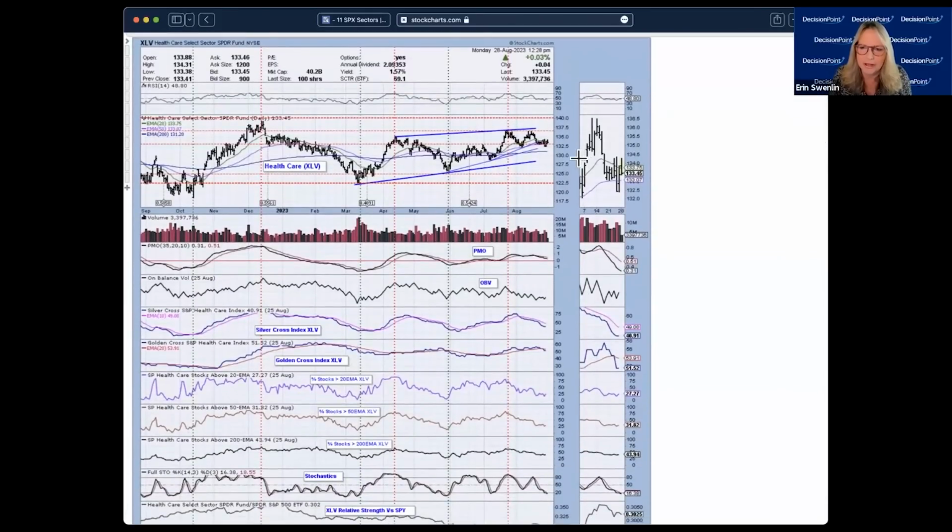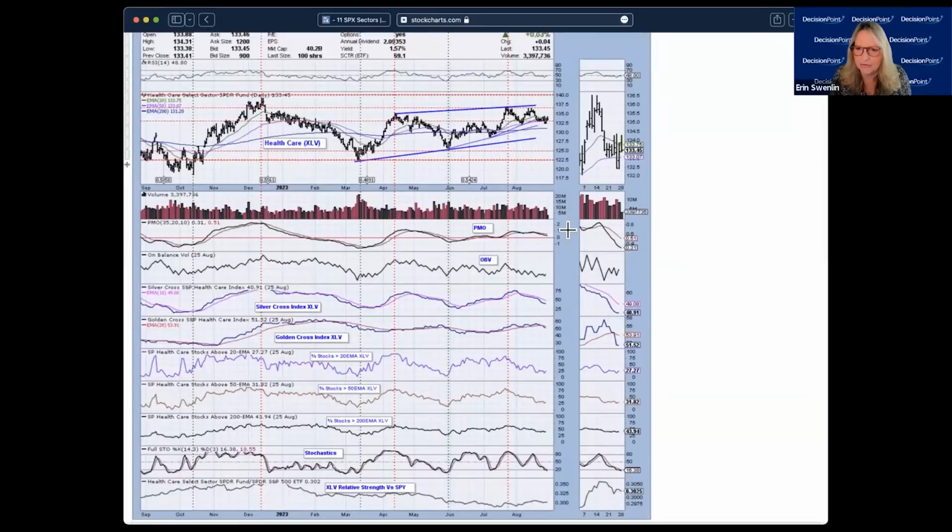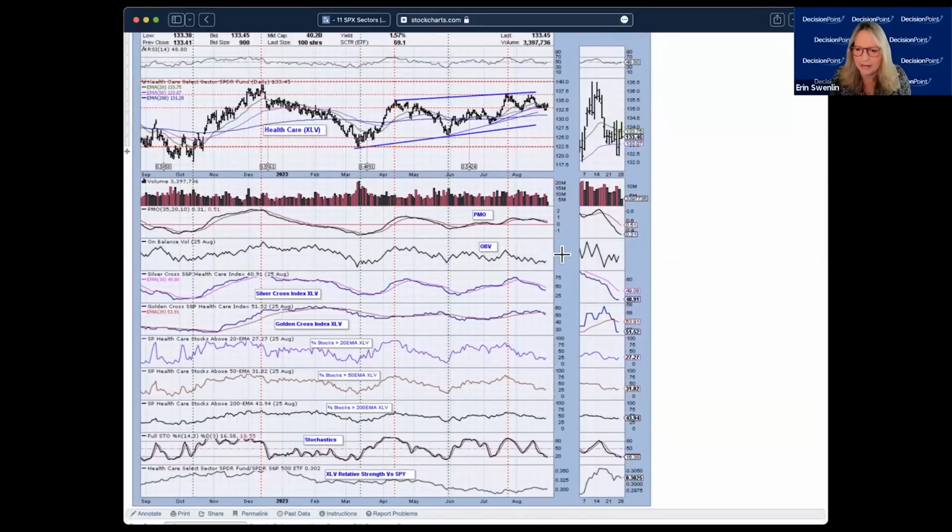Healthcare, kind of in a sideways move. We formed this very bearish double top, and it has managed to avoid confirming that double top with a drop beneath the confirmation line, which would be drawn across the middle of this M. And we don't really have that confirmation yet. It's still in effect, but it just doesn't look quite as bearish as it did before. But you can see that nothing under the surface is suggesting that we're going to get a good rally here.